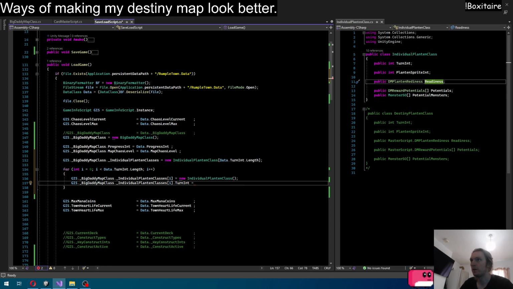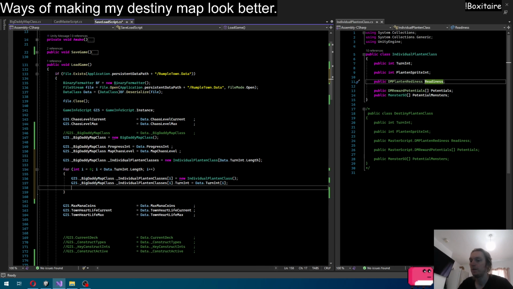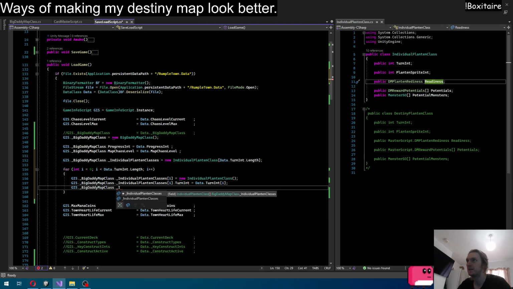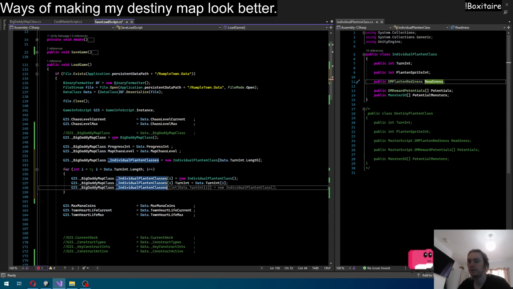Right, so the turn int equals data. Oh, nice. Okay, that's exactly what we wanted. I shouldn't get excited every time it does autocorrect, but I still do. Individual plant and classes I dot plantain equals,